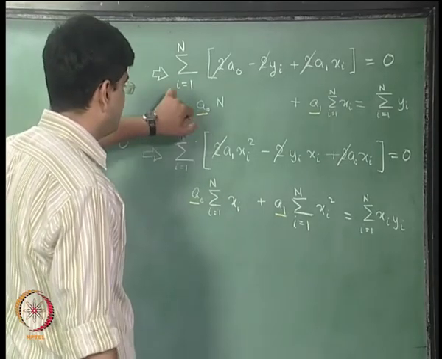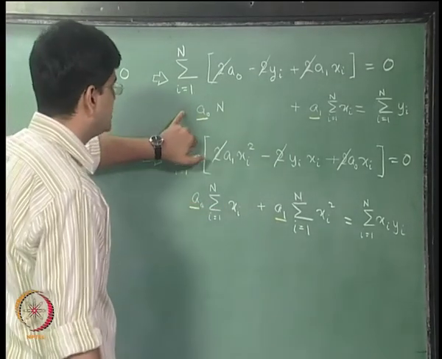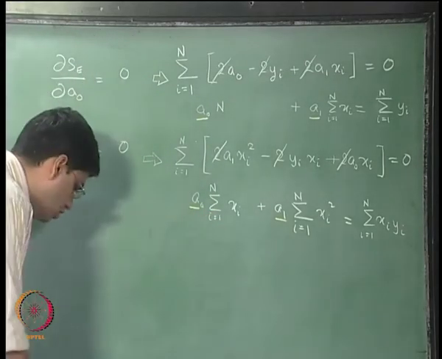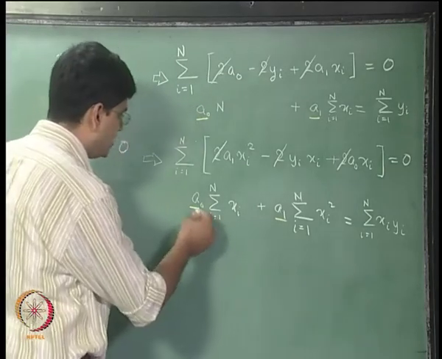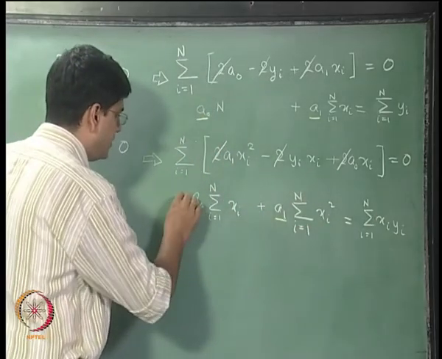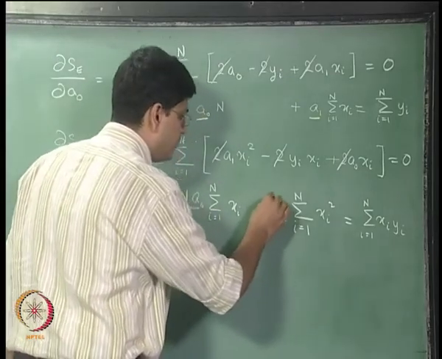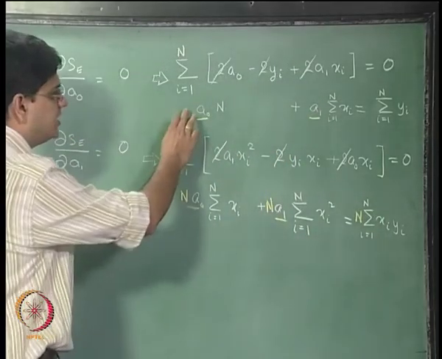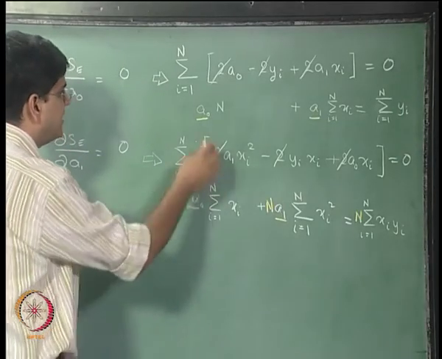We can solve this equation by multiplying this particular equation by summation of xi, and this equation we will multiply by n. So, multiplication by n, I will write that using a different colored chalk. We multiply this entire equation by n, and we will get n times a0 times this plus this equal to n times this, and then in this particular equation we will multiply by summation of xi.